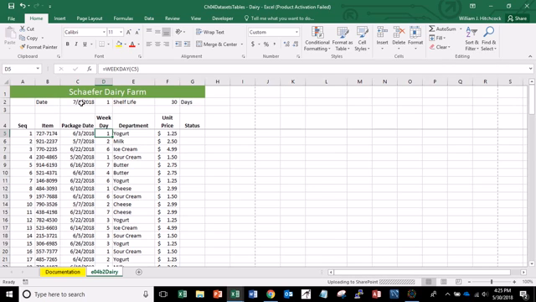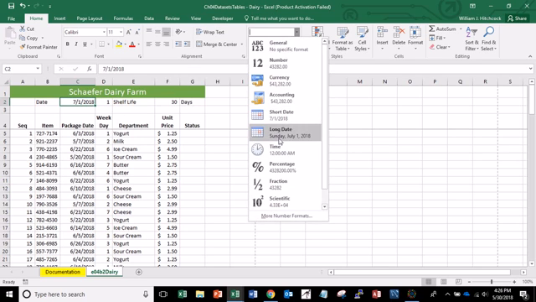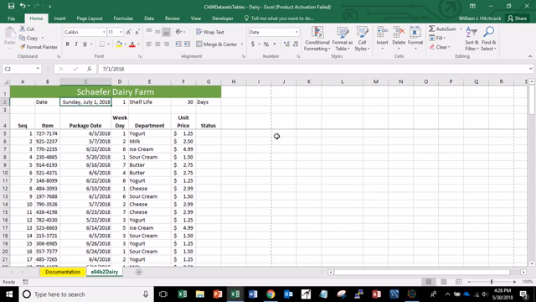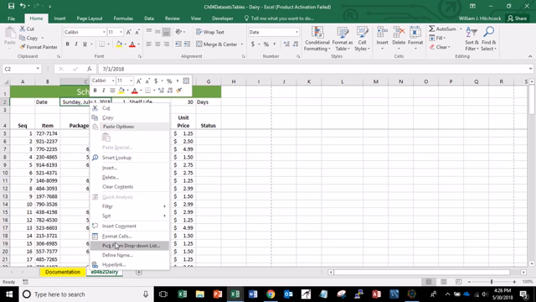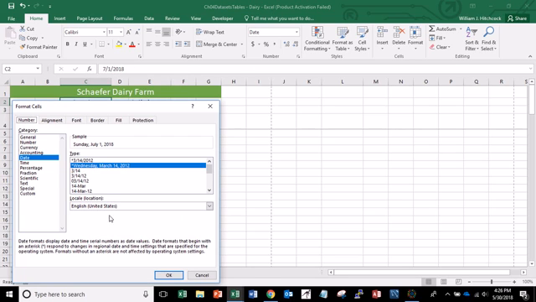Another way of doing this to help identify what these dates are is I'm going to use a long date format. We find out that day 1 is actually Sunday in this case. I'm going to format this with a custom date format. So if I go to Format Cells by right-clicking Format Cells, I'm going to go into the Number tab, choose Custom,